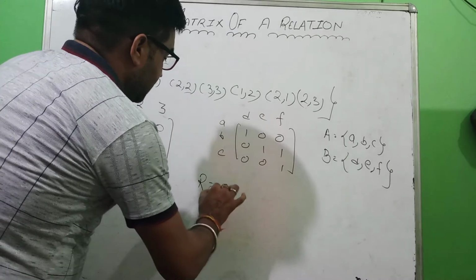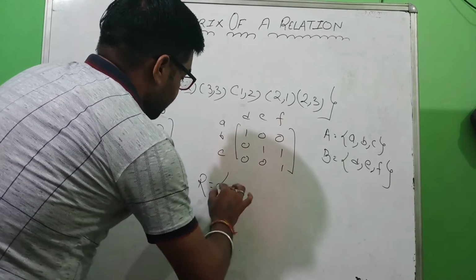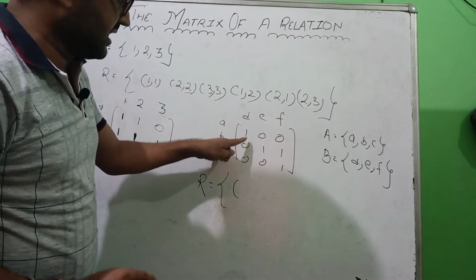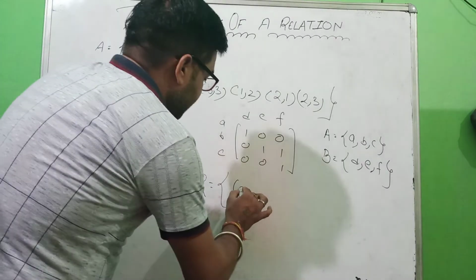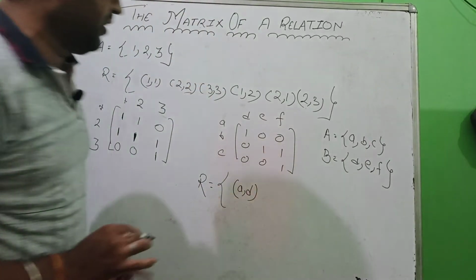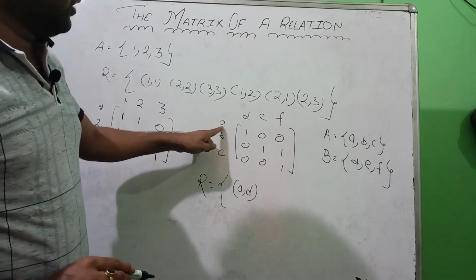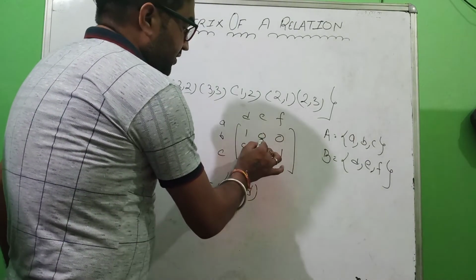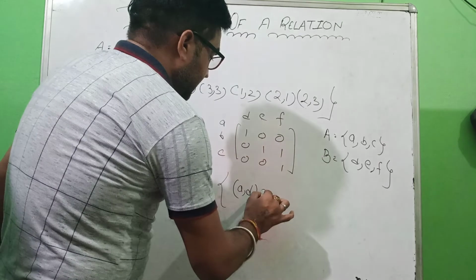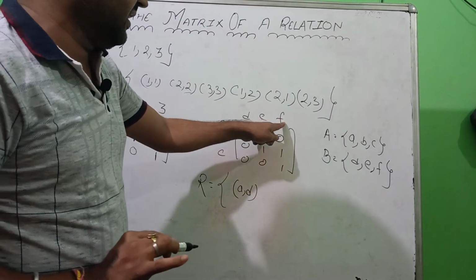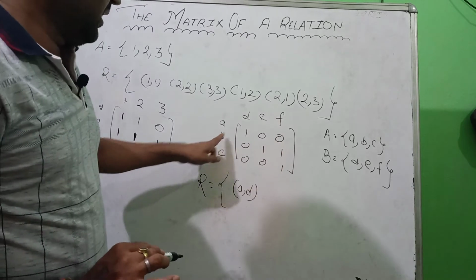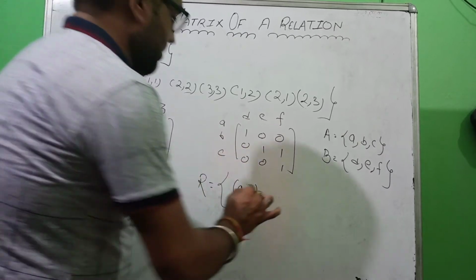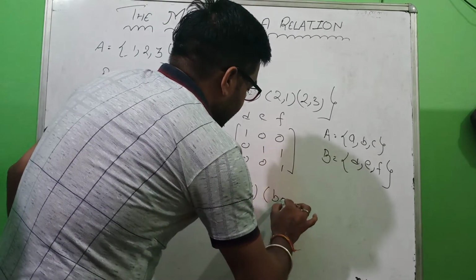So here the relation is, we can write it as, A is connected to D, yes A is connected with D because here is 1, so we can write an ordered pair, that is (A, D). Then A related to E? No, because of 0, A is not related with E. Then A related to F? No, again you have a 0. Then B related to D? No, because you have a 0 here. Then B related to E? Yeah, you have, so that is (B, E).